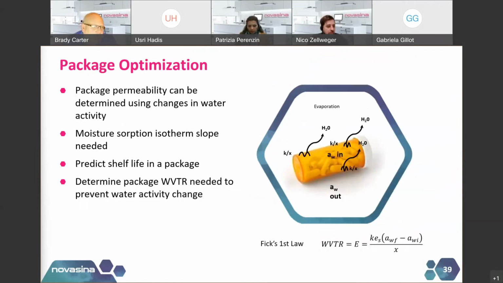In terms of package optimization, when these products are manufactured and now placed in a packaging, what dictates the conditions of that product in that package becomes the properties of the package as well as the storage conditions that it may be exposed to. So if the water activity, say, of these pharmaceutical materials is at 0.30 and it's in an environment where the outside is 70% relative humidity, there's going to be motivation, or it would be possible, for